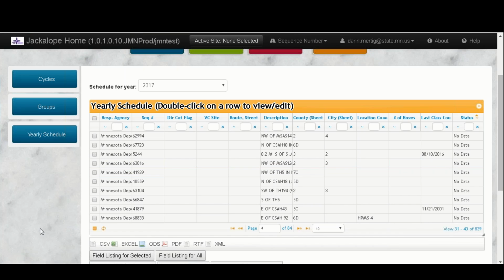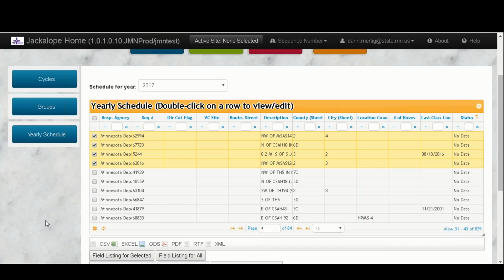From the screen, you can also create field listings for printing and bringing out in the field. You can use the same set of filters and sorts, or you can choose a particular list of sites and then click the button for field listing for selected sites. It will open up a PDF, which is formatted for printing and bringing into the field. So it will include the empty cells needed to write in the count date and any field notes and the